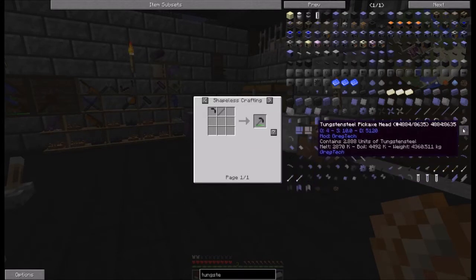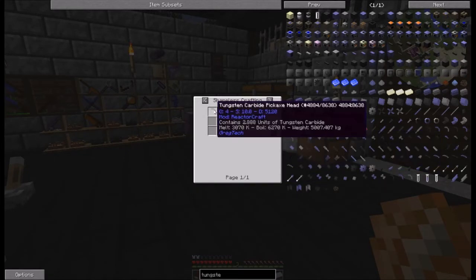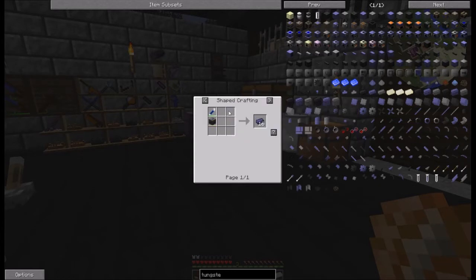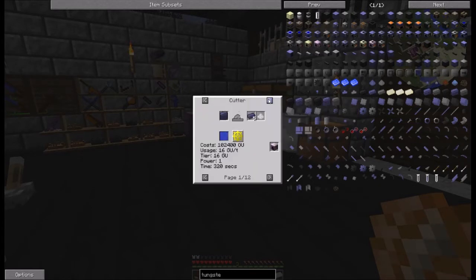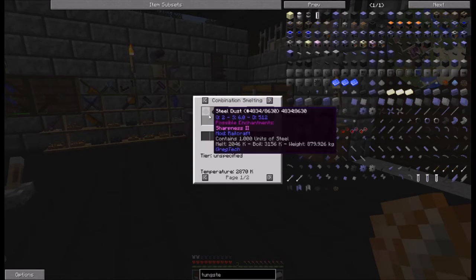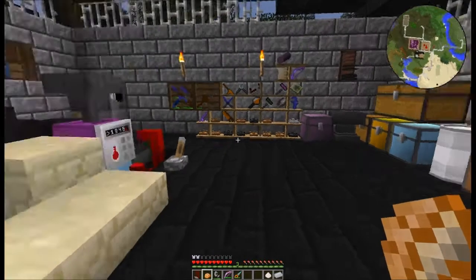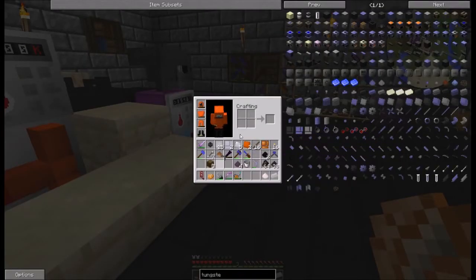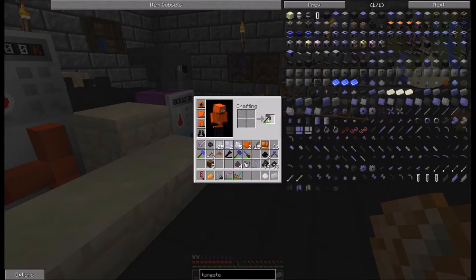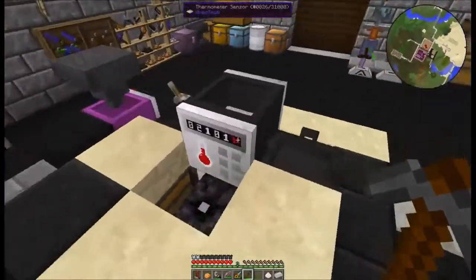So, for less material, you can make a tungsten carbide, because that only takes 1 carbon and 1 tungsten, versus the tungsten steel, which, if I'm remembering correctly, is 1 steel and 1 tungsten for 2. Same thing, but you're having to use steel. And you have to use another half a steel for the head. So I would suggest, if you need a level 4 pick, making this one. Now the reason why I brought that up is because I need to get